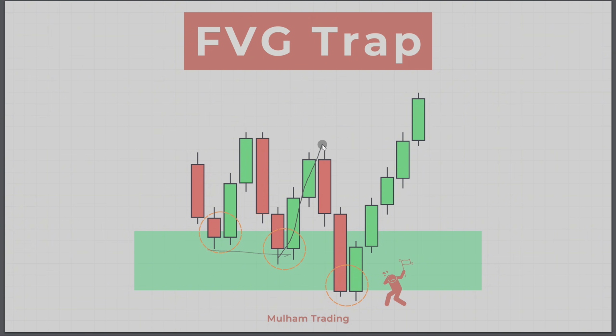And at this point, I enter again. What happened after is what? Same thing, taking that low again. At this point, and I know that a lot of people, because I was feeling this, I know that a lot of people would be giving up at this point because you had 2 losing trades and you already give up on this fair value gap. This is what institutions do. It's to take you out and make you give up on a specific area or a specific zone, and then they go without you. This is what happens.